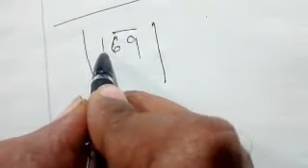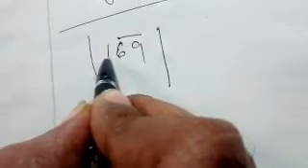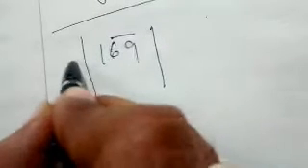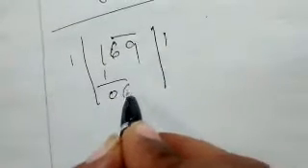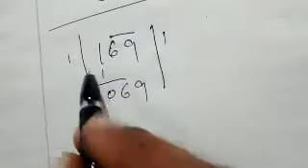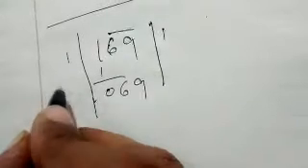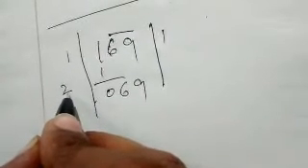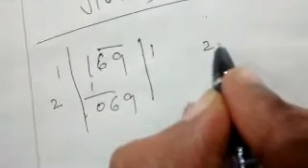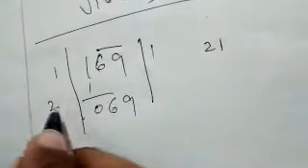What is the first number you have? Only one single digit. By taking the 1 table, 1 into 1, 1, so 0. When you are bringing down, you have to take it as a pair. What is the pair here? 69. Now 1 plus 1 will become 2. What we have to do is 21. So we take 21 into 1.